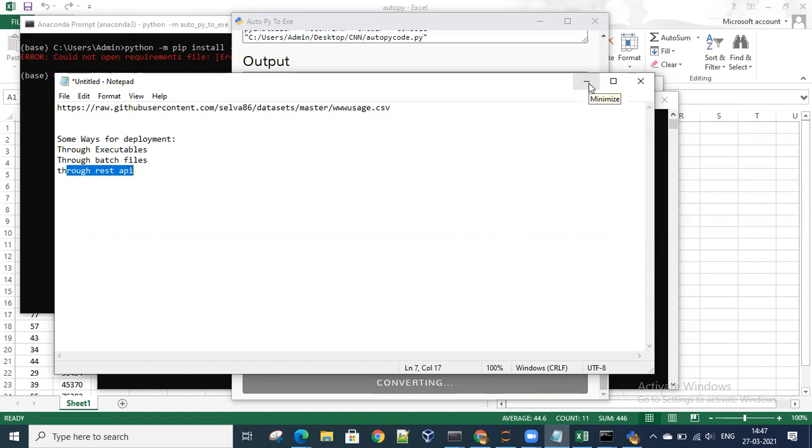Sir, how do we work with an API? There is an API-provided data set. How to read that API? So you're saying the website has provided a link which will allow you to access the data through an API, and you want to know how to call that within the Python program? Yes, sir.